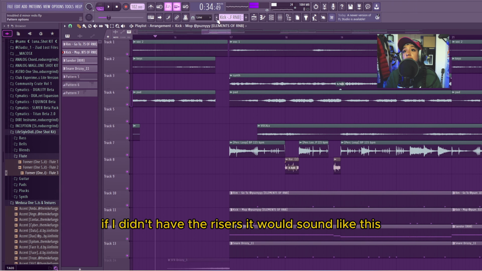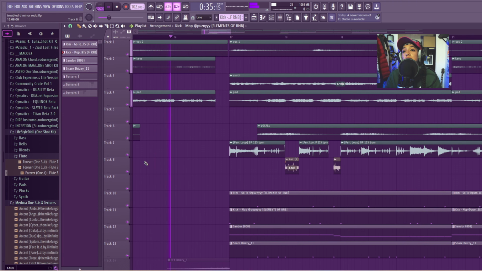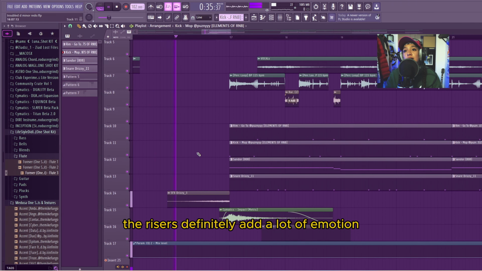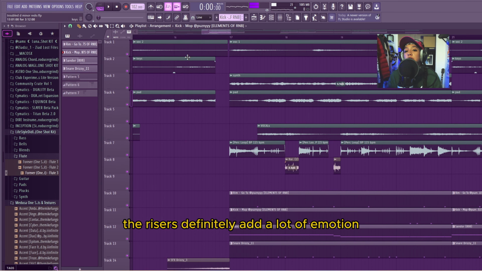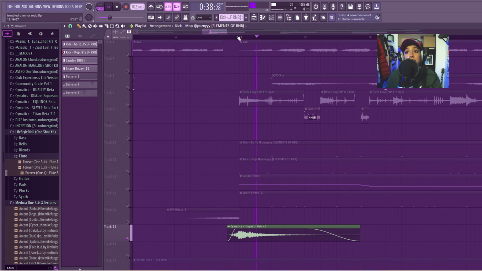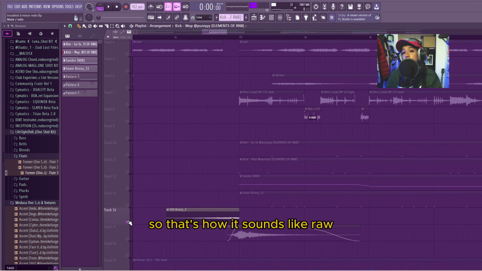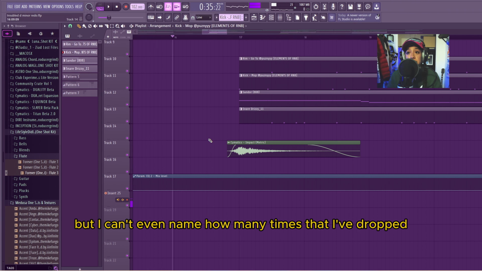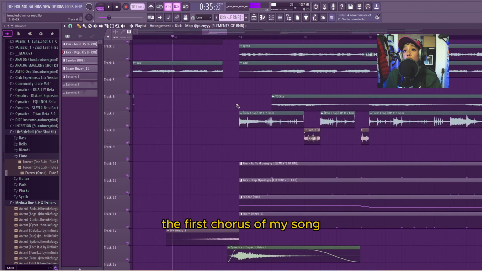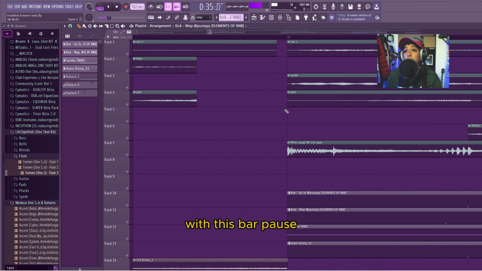If I didn't have the risers, it would sound like this. The risers definitely add a lot of emotion and cinematic feel. And I got this one off a Drake drum kit. So that's how it sounds raw. But I can't even name how many times I've dropped the first chorus of my song with this bar